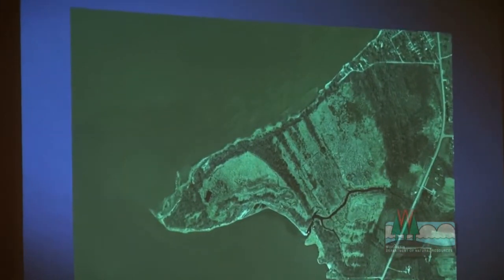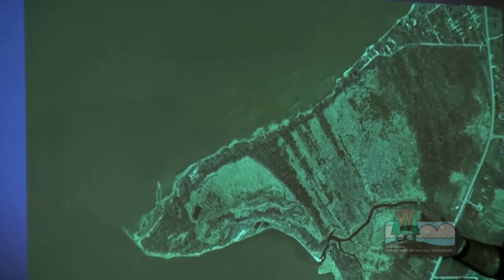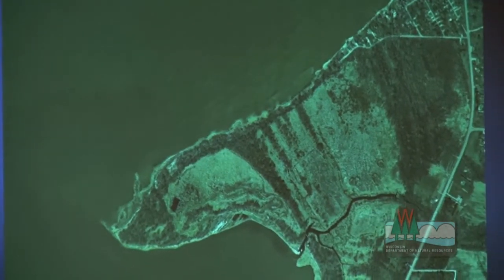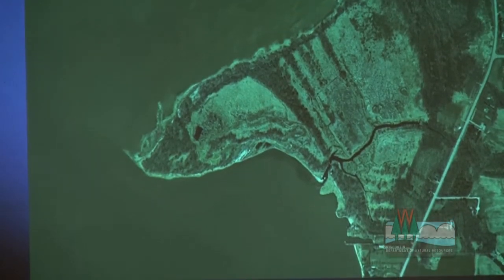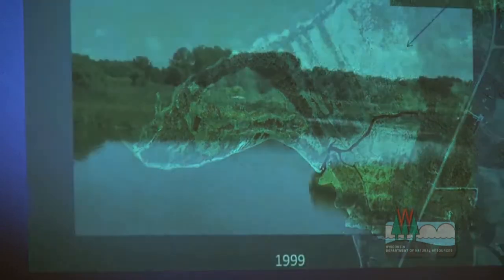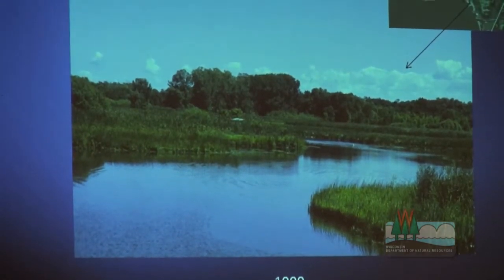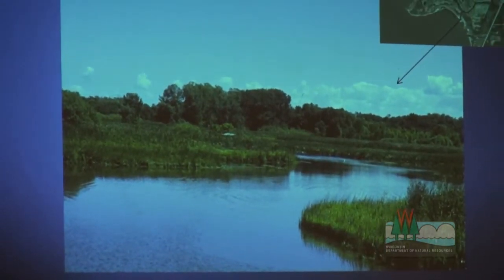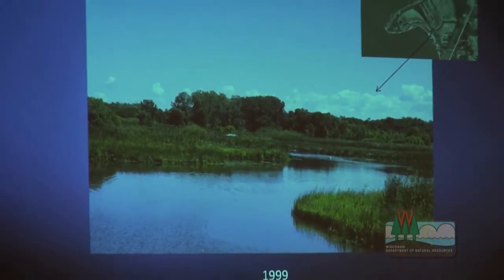And then that brings us back today, which is obviously a very low water period, and we have very much less wetland than we had before. All right, so superimposed on that natural dynamic is, of course, the dynamic that has come about as a result